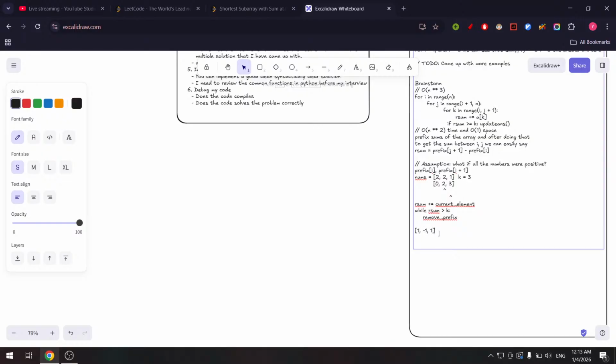let's have something like this. So let's have something like this. And let's say our k to be something like 2. Yeah, 2. So here we have 1. So it's working. Nice. Let's go to the second element. Now our running sum become 0. Oh wow. So let's go to here. Now what does happen is our running sum became